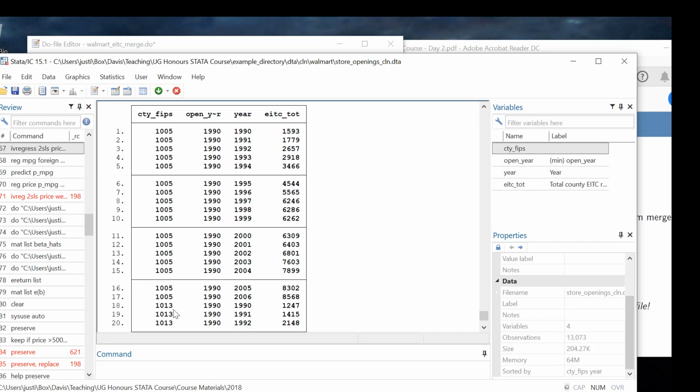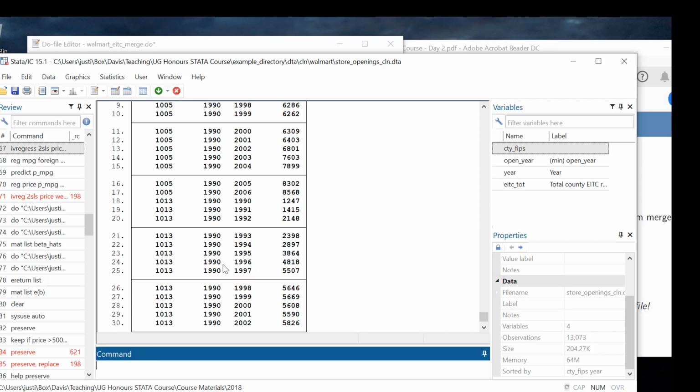before we go on to the next county. But maybe we try to figure that out, but it's like we're getting a little confused because open year is here and it seems to be 1990 a lot. And then we're like, wait, what? Is that right? Oh no, year is over here. Well, that's a little confusing. So maybe we actually want to